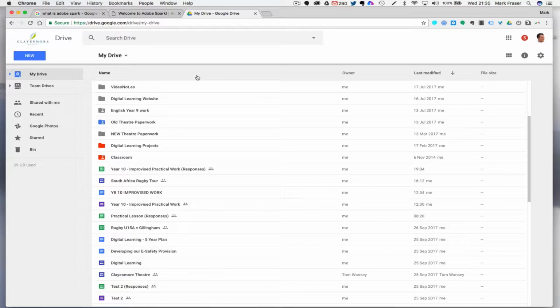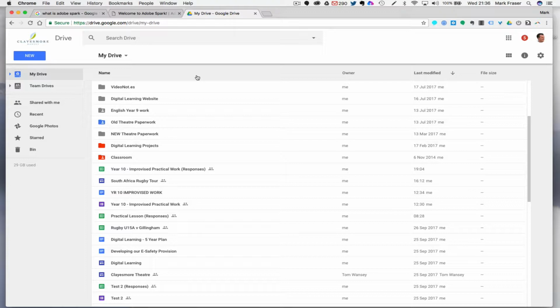There's a key difference between your own Google Drive and a Team Drive, and it's to do with ownership. When you create a file in your own drive, you remain the owner of that file. You can share files, of course, but if you were to leave the school, then remaining colleagues would lose access to the file. The file would go with you. Files that are saved in a Team Drive are owned by the school, so they remain available even if you